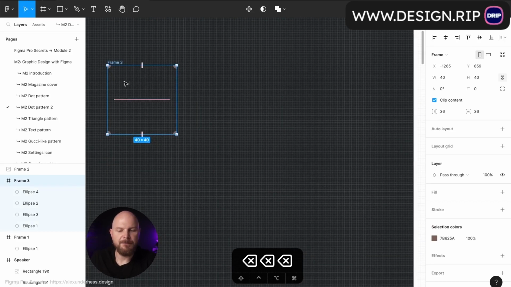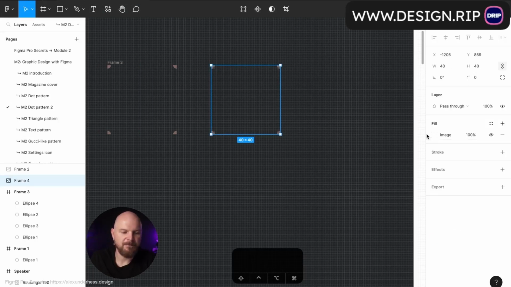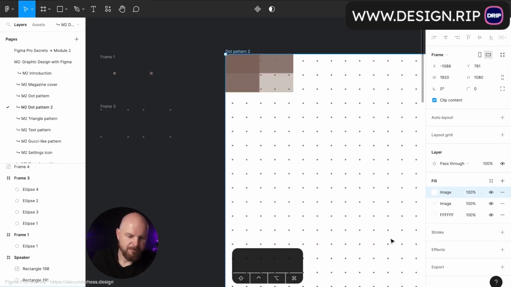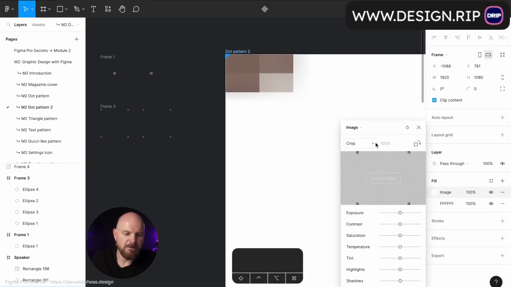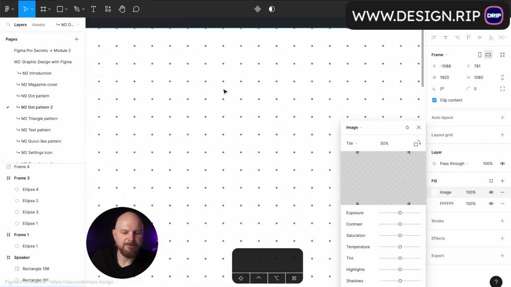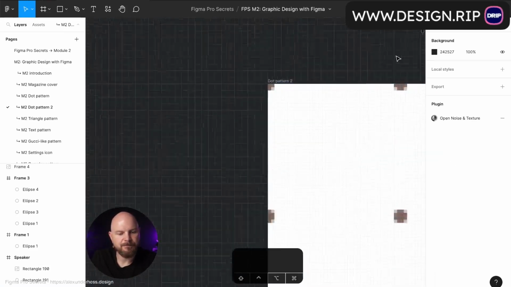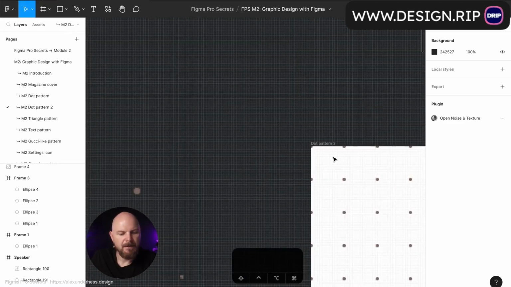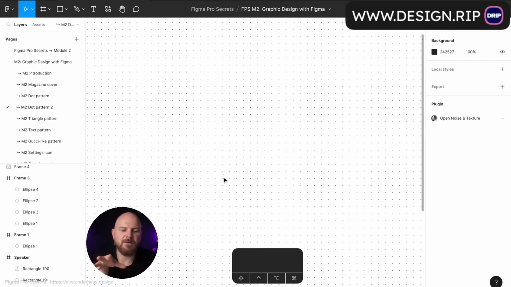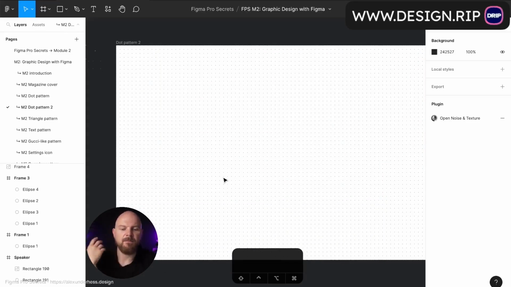So I select this frame, I duplicate it, object, rasterize selection, copy this tile from here, select here, paste, remove the previous tile, and now I have dotted paper that starts exactly from the top left corner here, and I see how the dots are moving and everything sits perfectly. So basically this is how you can create your own dotted paper for yourself, then print it,